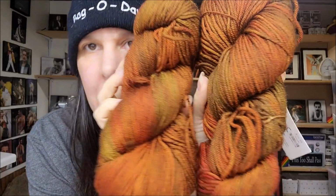It is a worsted number 4 superwash merino, 100%, and it's 210 yards. Now this color I have never had. Not that I can remember, and I can't believe that I haven't. It's called Vulcan. It is absolutely, speaking